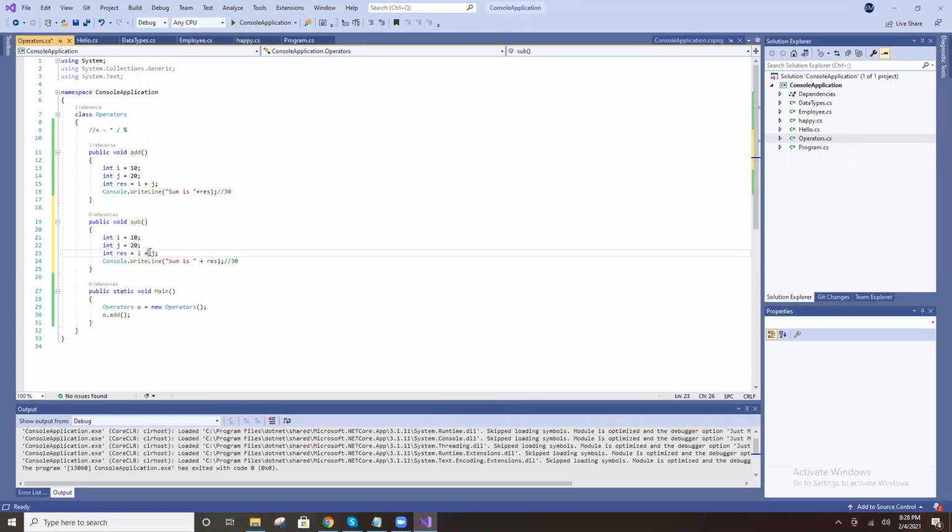Now i minus j, right? Subtraction is, now tell me what value prints here? i minus j, right? What value prints here? It will be minus 10.